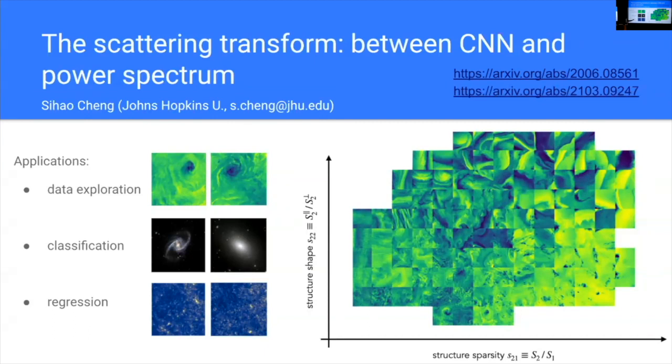So here I'm showing one example of data exploration. It's about the ocean temperature field, which reflects the turbulence property. And what the state of the art, of course, is about using CNN. So the problem here is to try to find outliers. And CNN basically finds the upper part of what I've got here. This arrangement is the S2 coefficient I introduced yesterday. But one thing we realize is that if you just calculate the second coefficient and you pick the upper part, which are very extreme examples, they basically match what CNN finds for you.